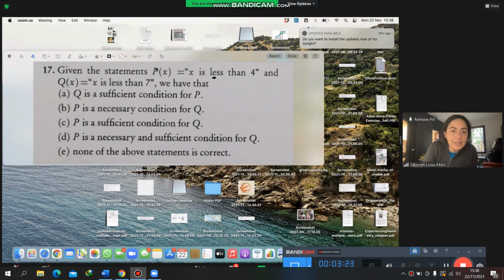Okay, here I can write here. So if x is less than 4, does that mean that it's also less than 7? Yes. All right, so this is like saying that P